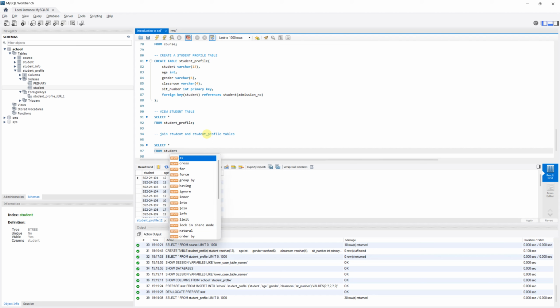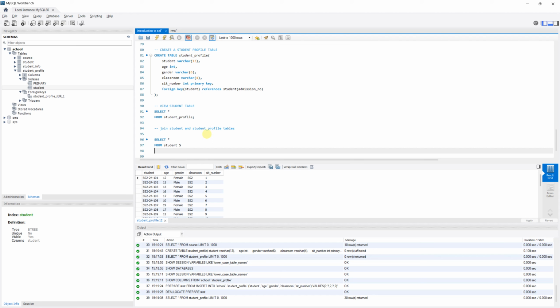So ordinarily you say as S, but I can just say S. I've already given it a nickname, a capital letter S. I will now say join. What am I joining? Student profile. Student profile. I will now say SP. Where am I joining it at? I'll say at